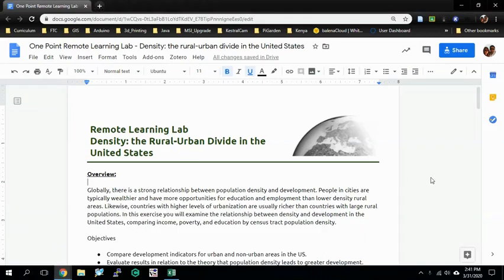Hi, folks. Today we're going to learn about population density and what is known as the rural-urban divide in the United States. You can read this little overview paragraph to understand what we're going to be looking at. But basically, we're asking a question: what are the differences between development levels in the United States in